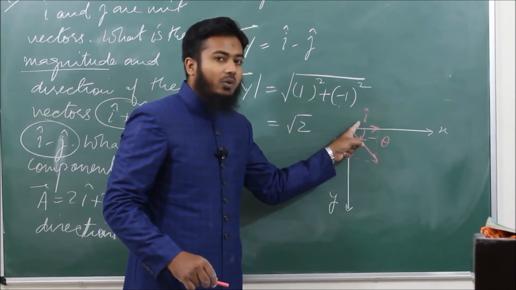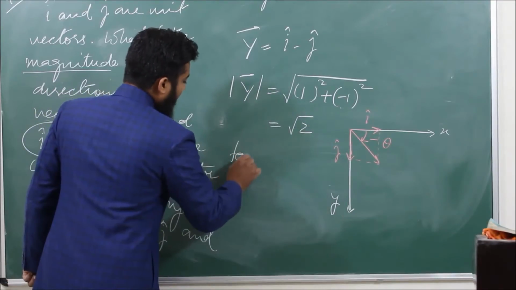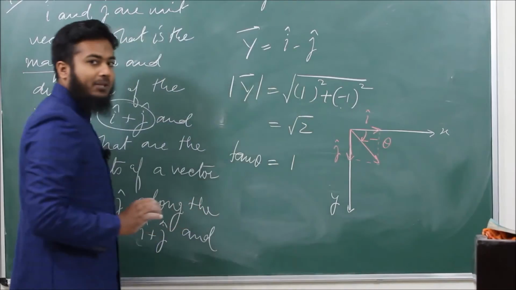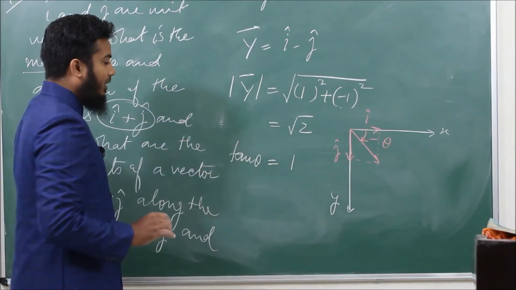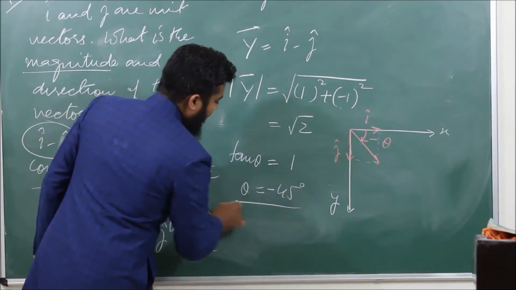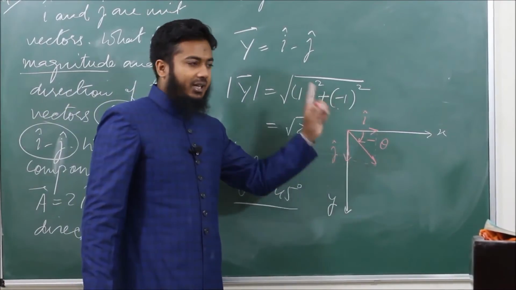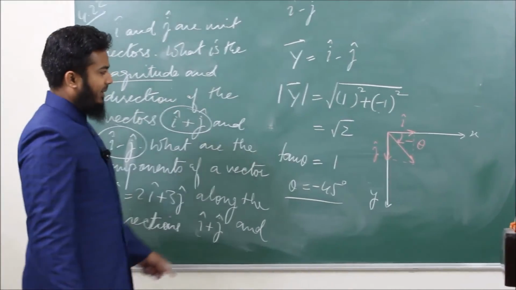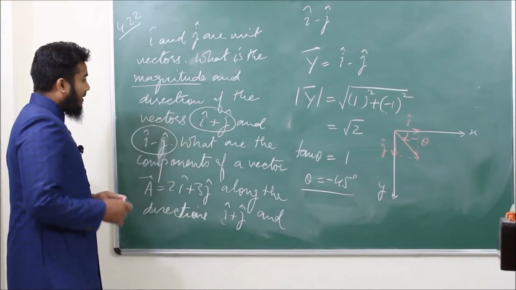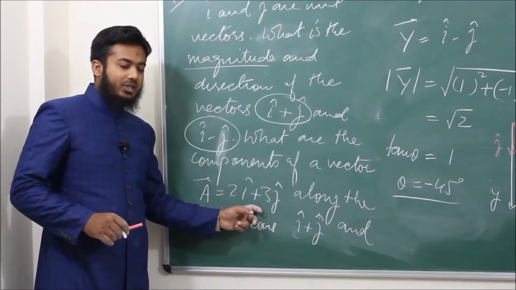Then 1 upon 1 is 1 again. So in this case, tan theta will be equal to 1. But remember, this angle is negative. So I will write theta is equal to minus 45 degrees. This vector makes an angle of minus 45 degrees with the x-axis, and the magnitude of this vector is also square root of 2. Now the next part in the same problem is you have to find the magnitude of this vector